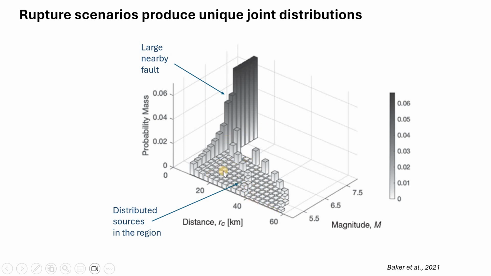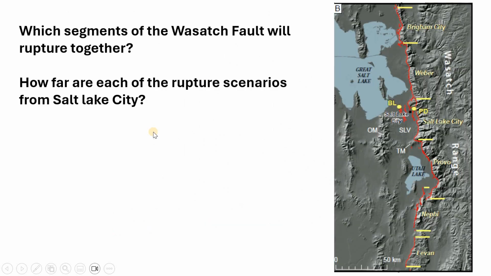But it's interesting how we can generate these distributions. So a real-life example of this is the Wasatch Fault system. This is a system of normal faults that bound the western edge of the Wasatch Range. And of course, this is Salt Lake City right here. So the faults extend along the Wasatch Front to the north and the south of Salt Lake City,